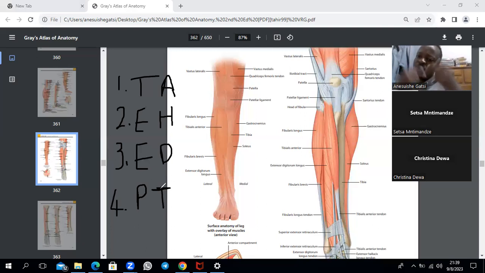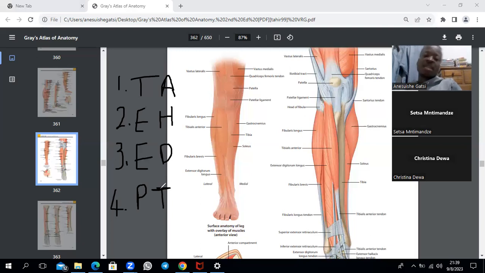So it goes back to the words. So tibialis anterior, extensor hallucis, extensor digitorum, and the peroneus tertius. The last 3 muscles on the list originate from the fibula. Then the top one, the tibialis anterior, originates from the tibia and the